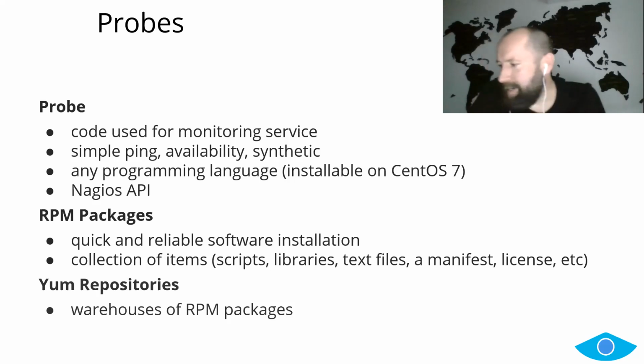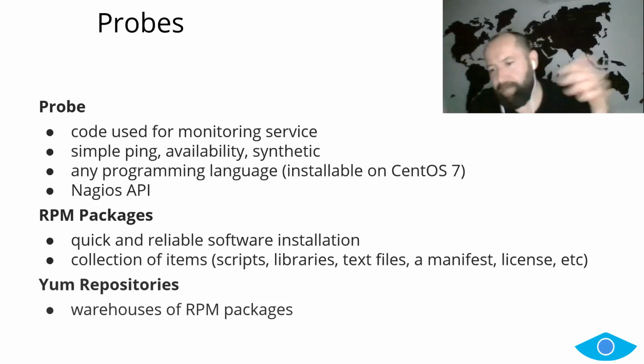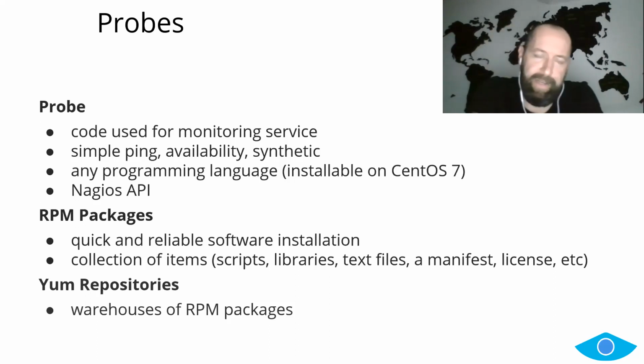Now, often I hear people ask, why do I need to follow this API? It's basically because we started with it, and it's very simple and very flexible. And there are at least 3 systems that I already know of that follow this API. We are working on expanding this definition, but for right now, the Nagios API has to be followed by all the probes that are onboarded in Argo.